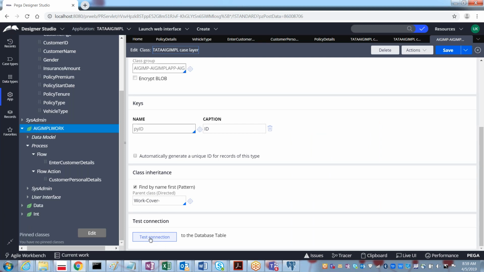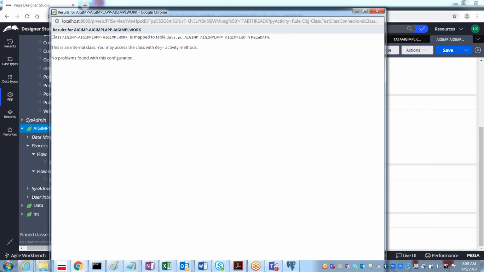If you select this test connection, it will display information like class AIG work is mapped to the table data dot PC underscore our class name, in Pega data. So in the Pega data database, the class instances are mapped to this particular database table. By seeing this, you can understand in which database table it is saving.